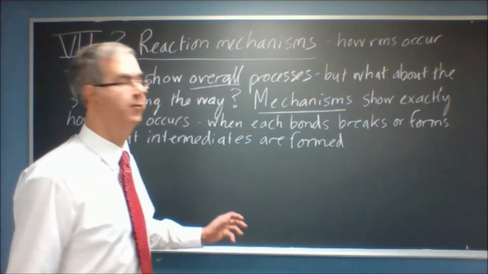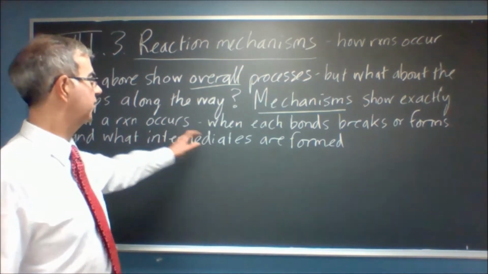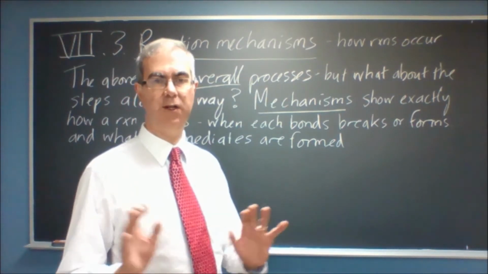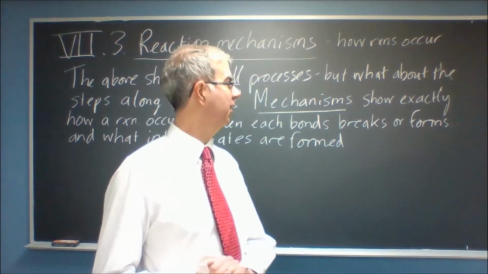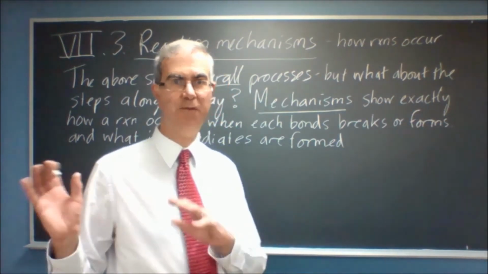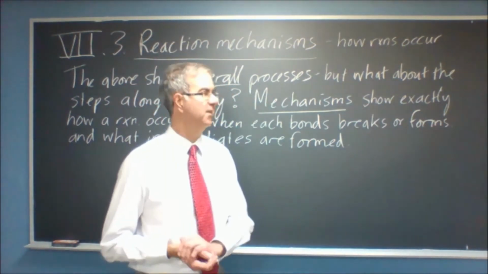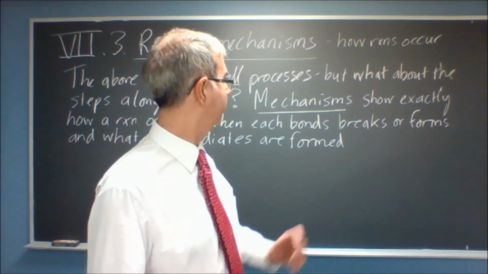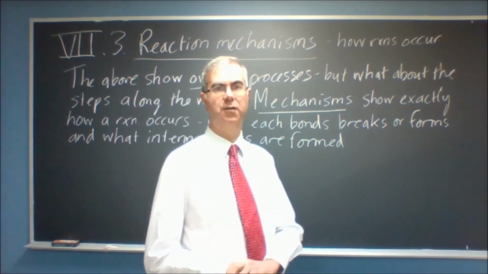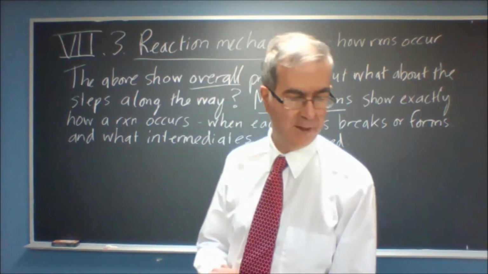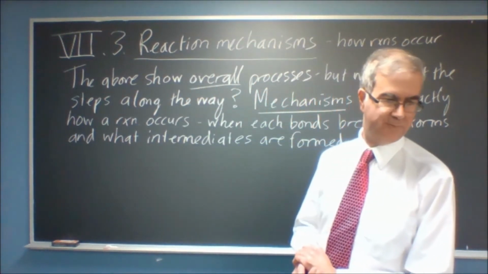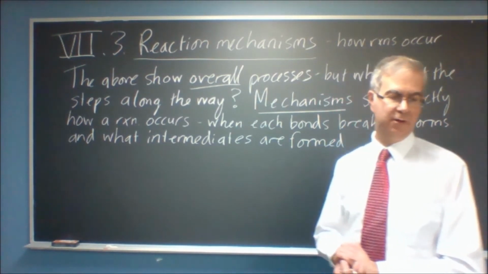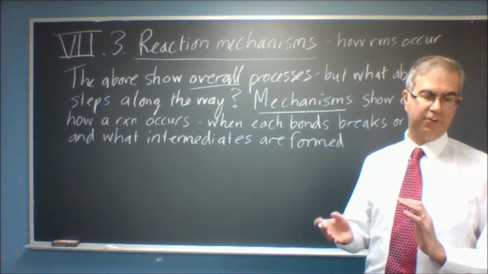So if we have something with multiple steps, we'll see intermediates formed, but even in a single step process, assuming the product is different from the starting material, which has to be the case for any chemical change, we have to see some bonds broken and some bonds formed if we're talking about organic compounds. So there are two main types of overall reaction,